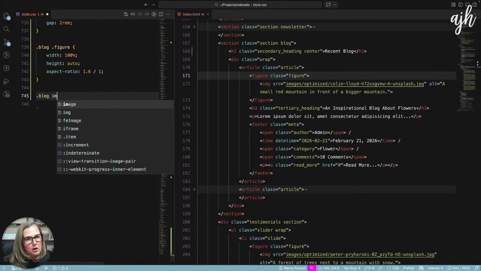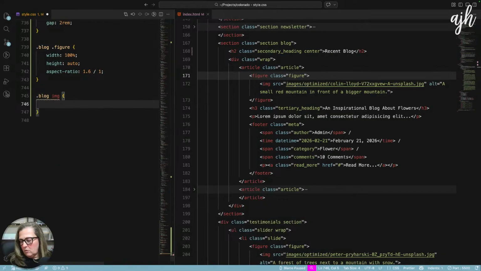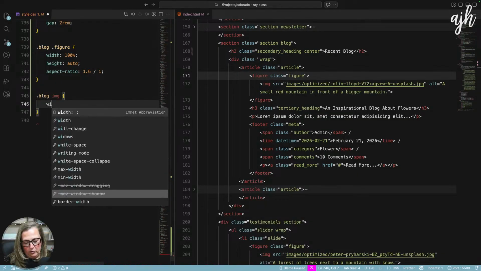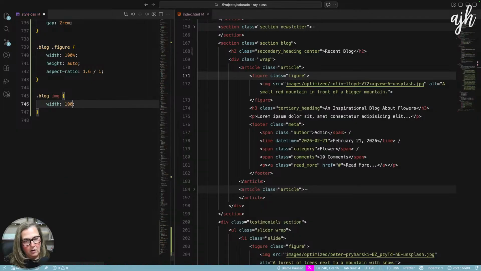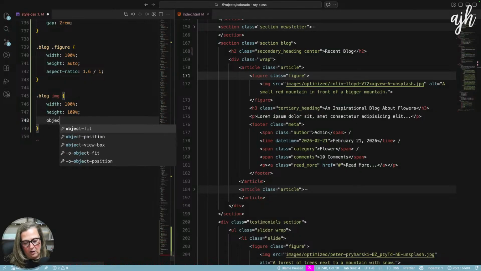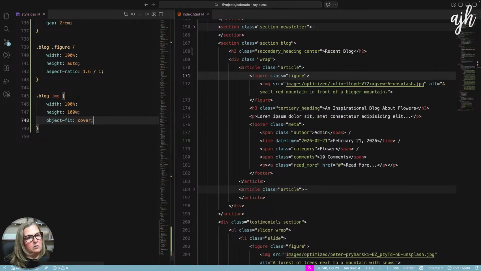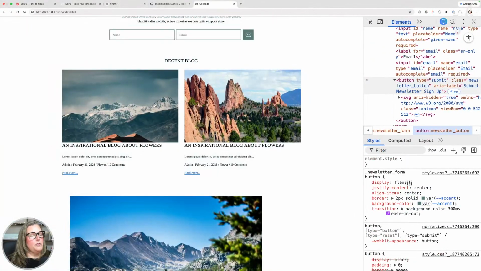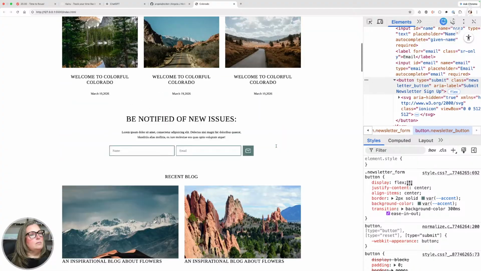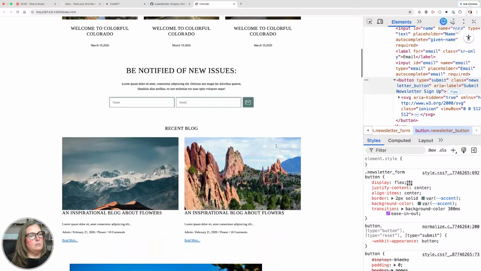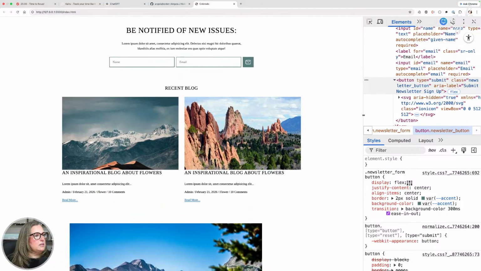And then our blog image is going to be a width of 100%, a height of 100%, and object fit cover. Beautiful. Love it.